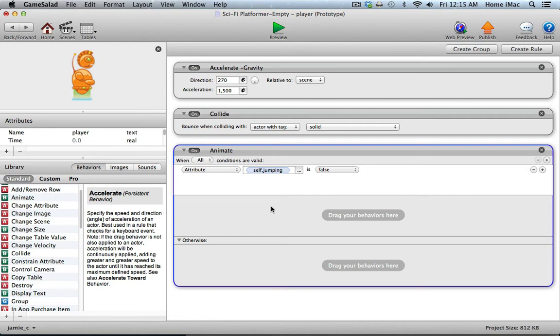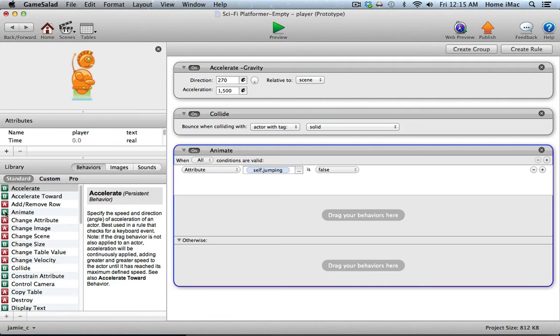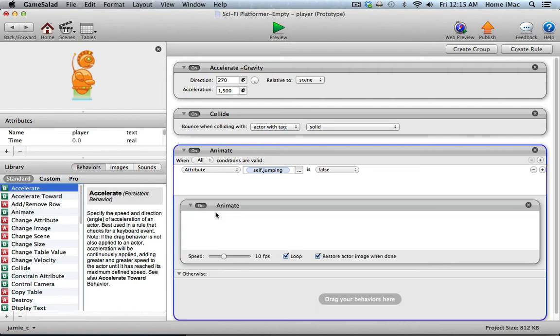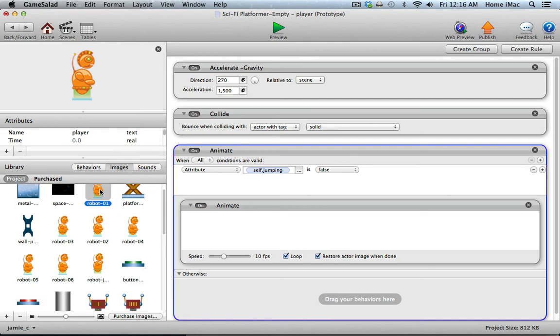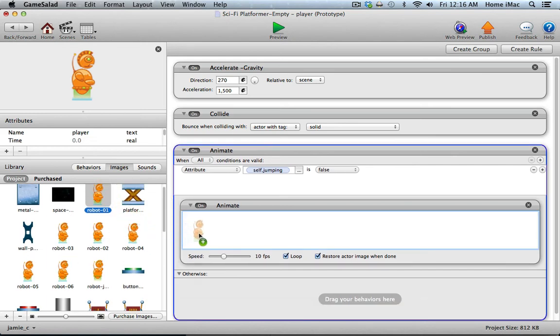Because that's when the player will be on the platforms. You'll either be standing or you'll be walking if you're not jumping. So when you're not jumping, I want to animate. I'm going to drag in an animate behavior. Now I want to click on the Images tab, and I want to drag these images in one at a time. I have them already numbered, so you can tell the correct order in which they go. So I'm going to drag 1, and then 2,